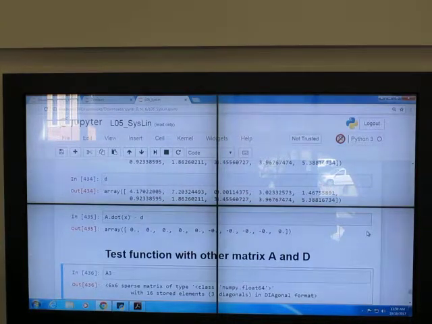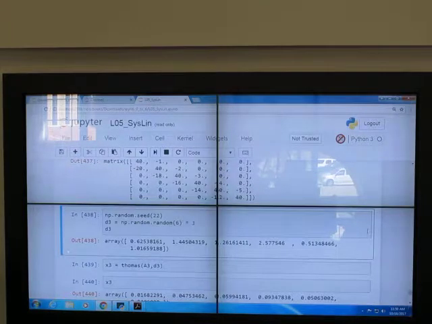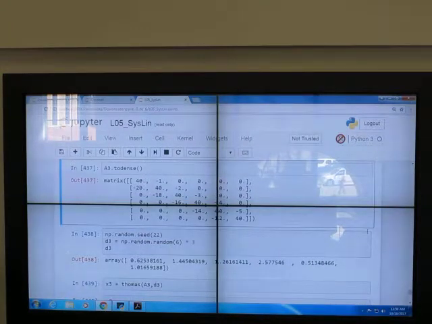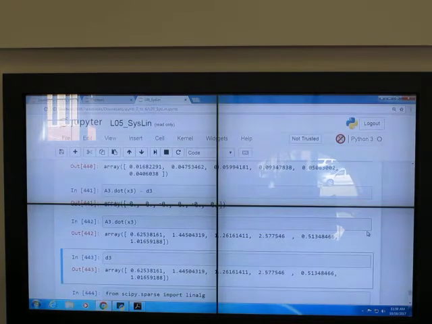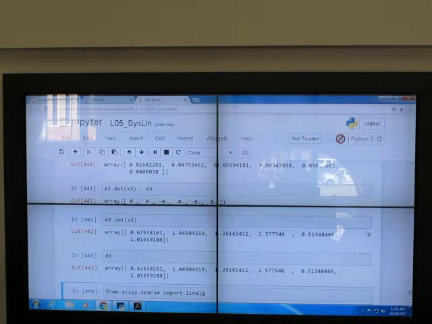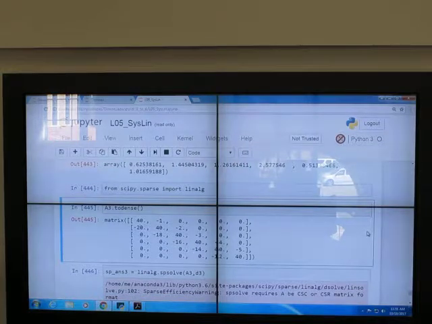Okay. Test the function with other matrices A and B. So you can test it with other matrices, and this shows you how to test it. You will go over it when you do the homework, right? These two, toDense, just change to dense. Okay, last but not least,